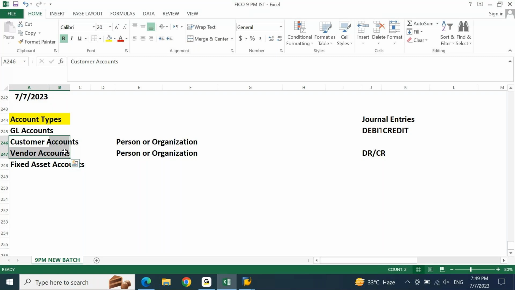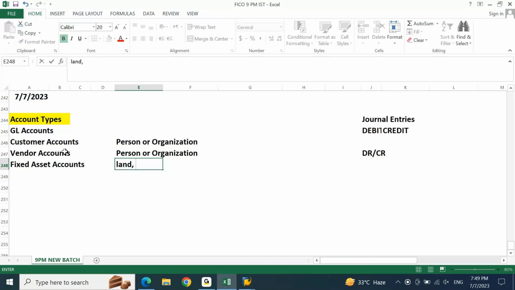Yes. If you are purchasing, you are calling it a vendor. If you are selling, you are calling it a customer. Similarly, what about your fixed asset? You are going to identify something as a fixed asset, tangible ones, the moment you look at accounts called